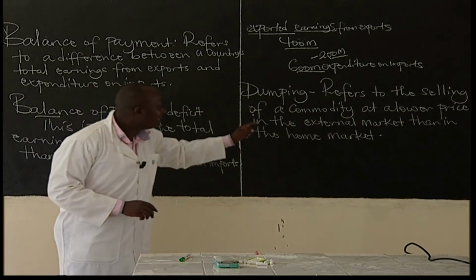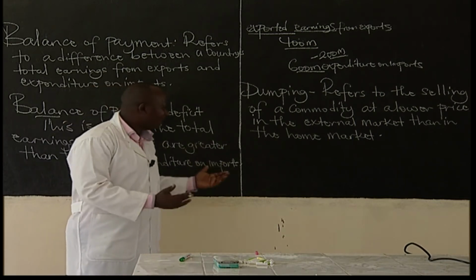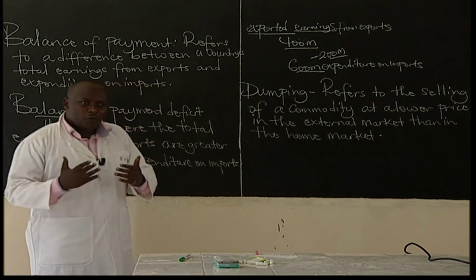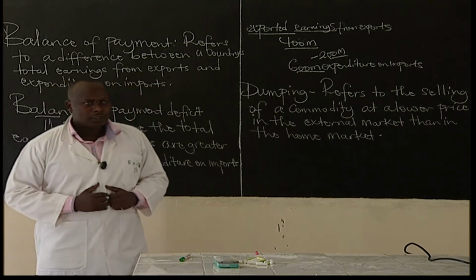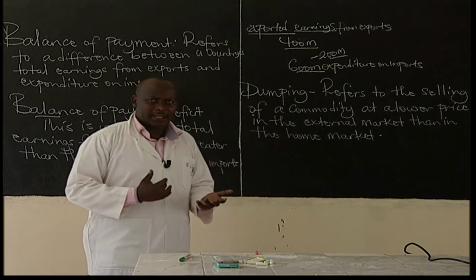That is what we call dumping. That is what is meant by dumping. An example: if Rwanda is trading with Kenya,